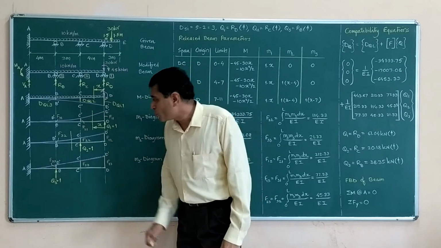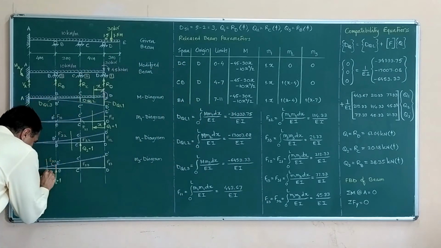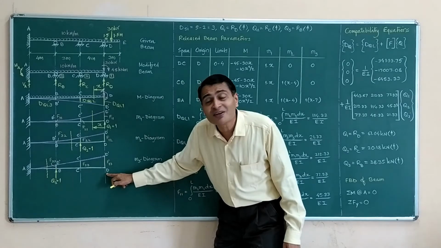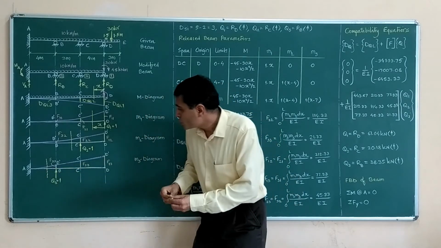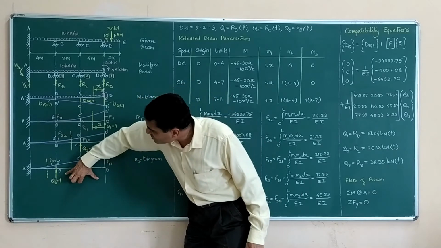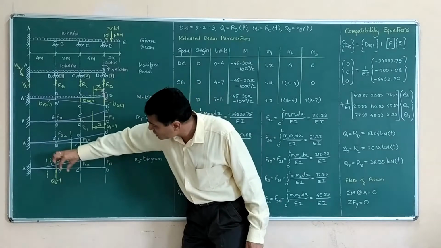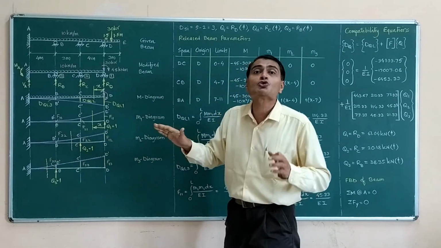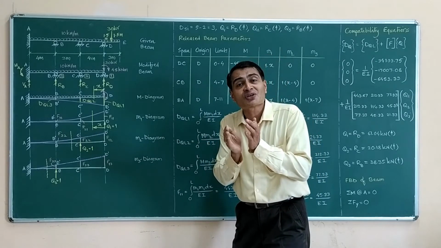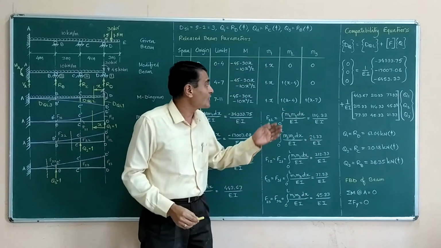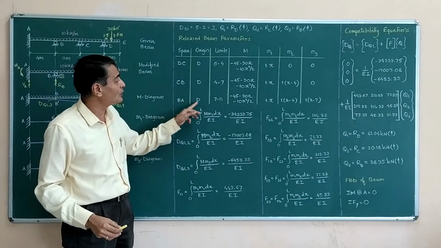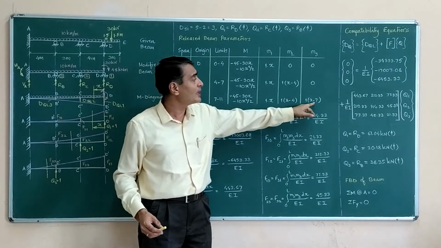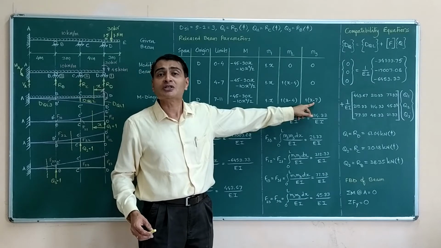And when I come to AB, my section is here. Though my section is here, my origin is still D. I am counting X from here. So if this total distance is X, this distance is 7, 4 plus 3 meters. So the remaining distance is going to be X minus 7, and then my bending moment is going to be 1 into X minus 7 sagging, so positive. So that is what I have written under span AB with origin as D and range for variation of X being 7 to 11, our bending moment is 1 into X minus 7.